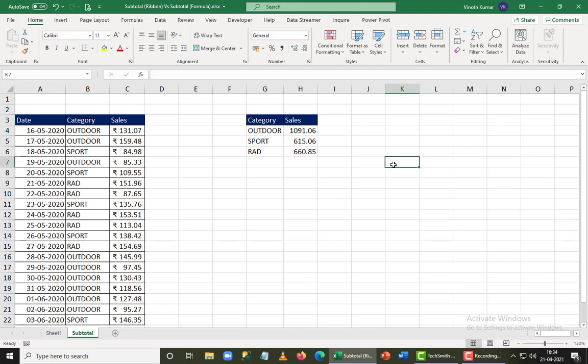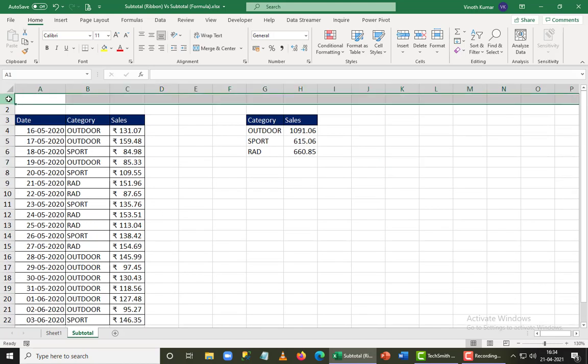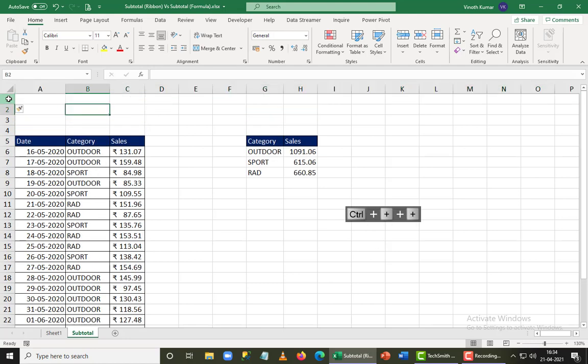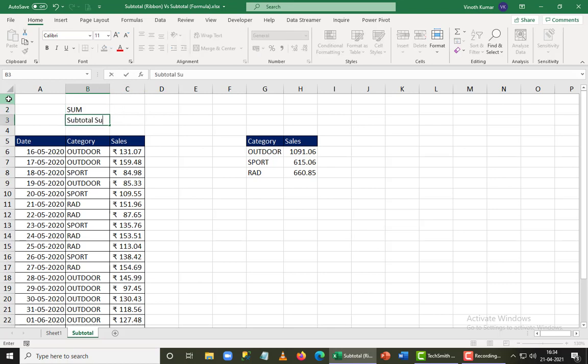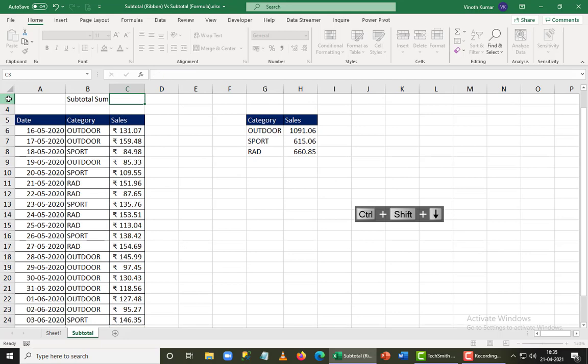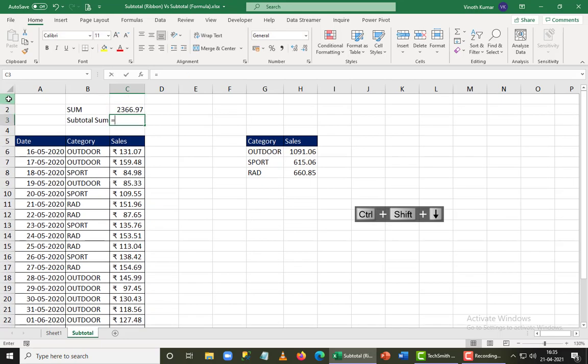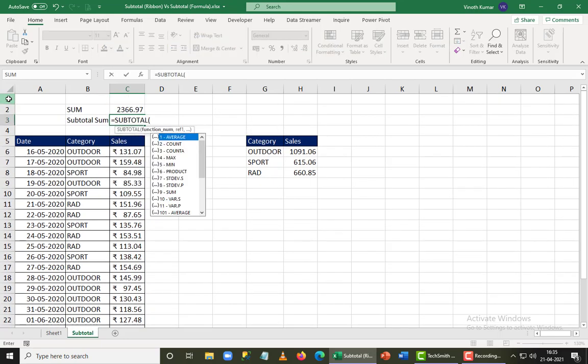What I really require right now is to check whether the formula that I did here is right or wrong. I don't have bigger data here, so what I can do is add some lines on top, and then create a formula here. First, I'm going to use a normal SUM functionality, and then a SUBTOTAL sum functionality. The difference between these two is that when I go for a SUM functionality, it's going to give you the answer here, and the same answer will pop up when I use a SUBTOTAL function.